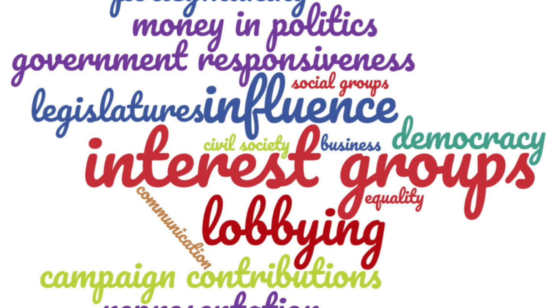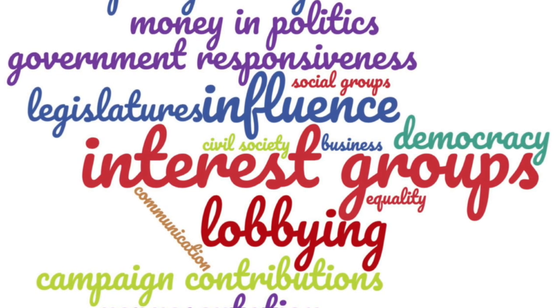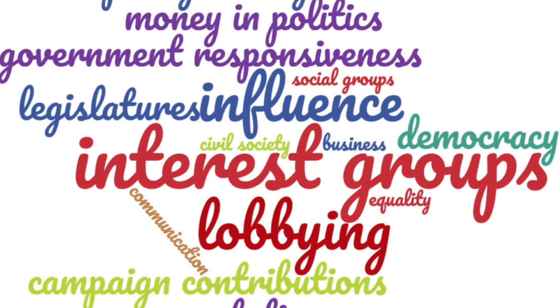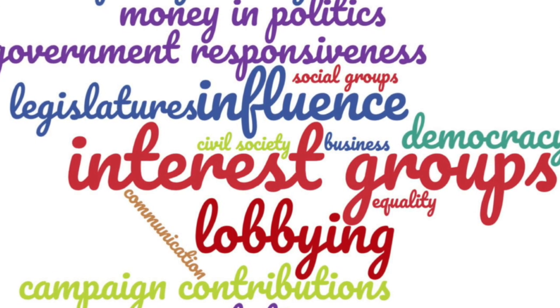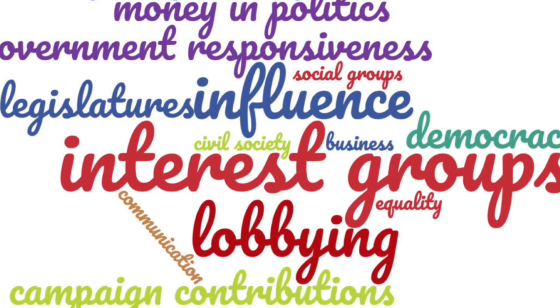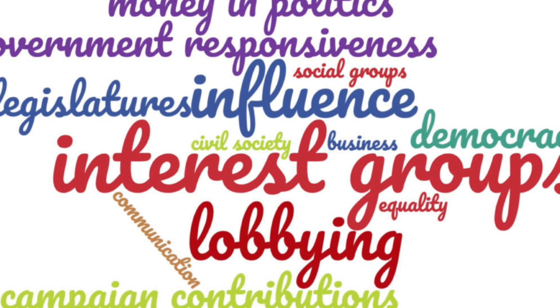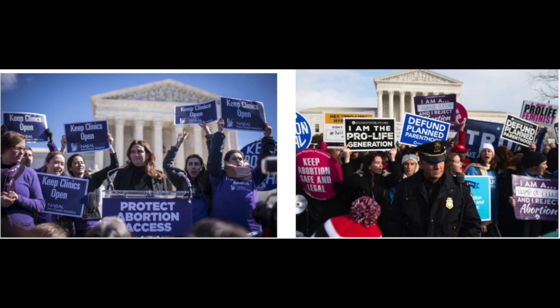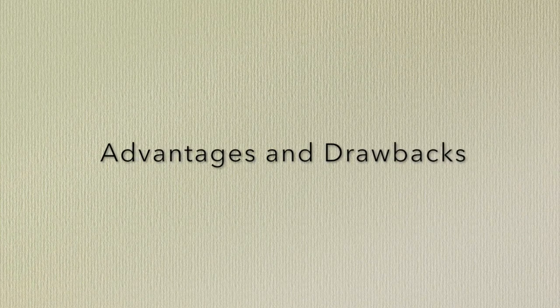With competitive federalism, there are some policy issues that have changed as a result of the roles of state and federal governments. Topics such as marital rights and abortion are known to be topics of contention between state and federal governments. Because of this, interest groups become involved by selecting the level of government that they calculate to be most receptive to their political views. There are many advantages and drawbacks of federalism.